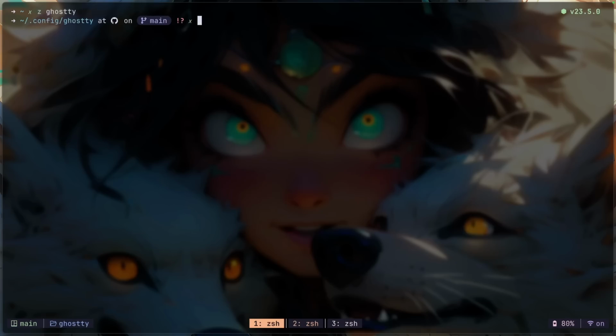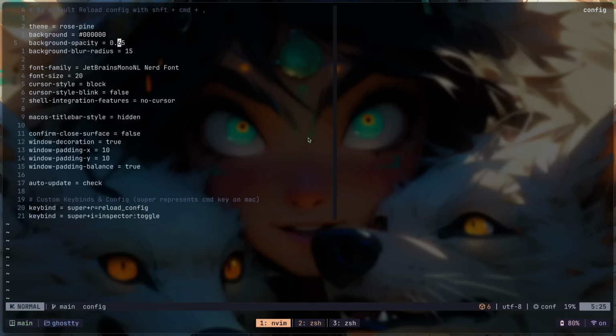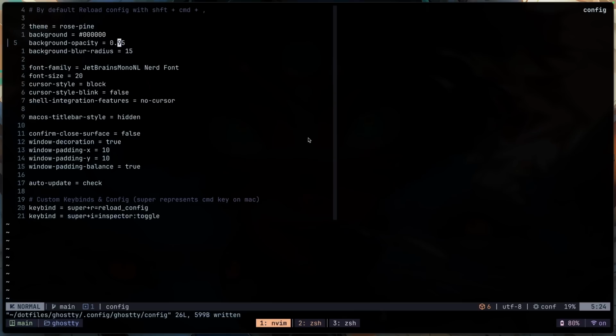Now let's take a quick look at what I have inside my config. It is a relatively simple config and you barely have to do anything, but beware that the default color scheme is quite bad in my opinion, so you might want to set a theme for that. And this is just the background color that I override, and the opacity, you can change that according to how you like it. So save and just